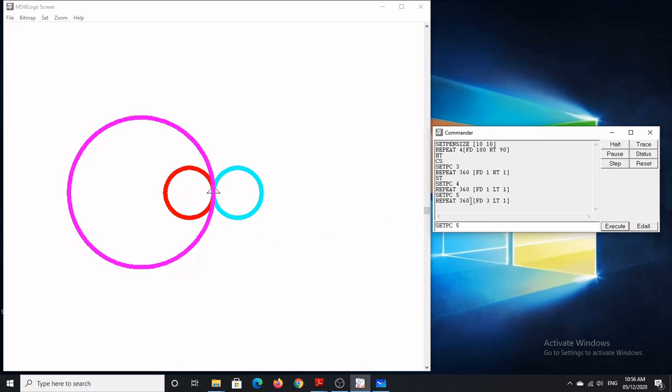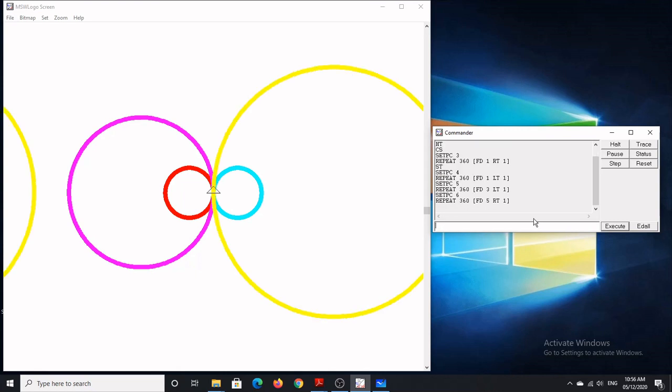Again I will change the color. I will make it 6. Okay. I have changed the pen color. Now again I will give the command. Suppose 5 I will give now. FD5. Okay. So it will draw a bigger circle, but I will draw it on the right side now. So RT. Press enter key.